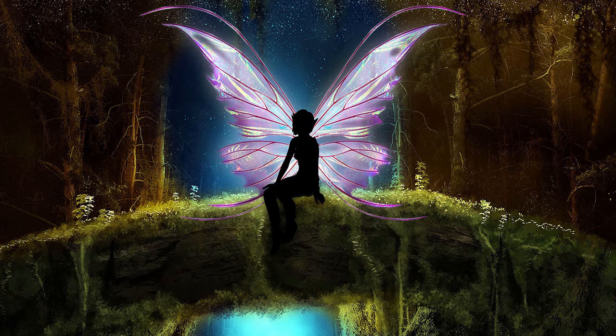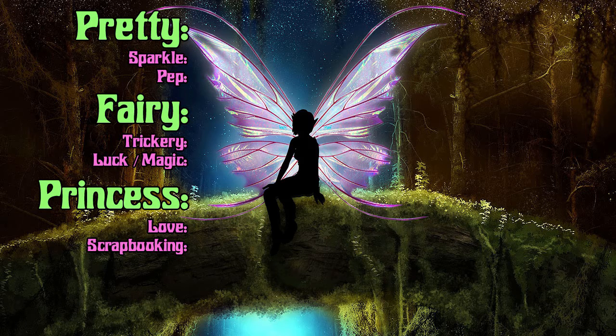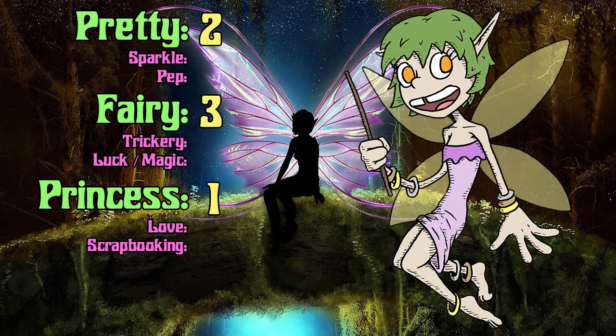Characters in Pretty Fairy Princesses are defined by three attributes: pretty, fairy, and princess, each of which has two associated skills. If nothing else, this game sticks to its theme. Each attribute is given a rating of 1, 2, or 3, with 3 being the best. So it seems like our character is very fey, moderately pretty, but perhaps a bit less refined than some of